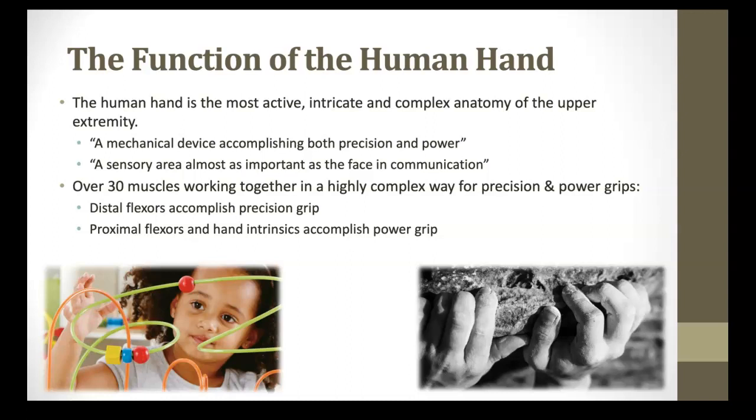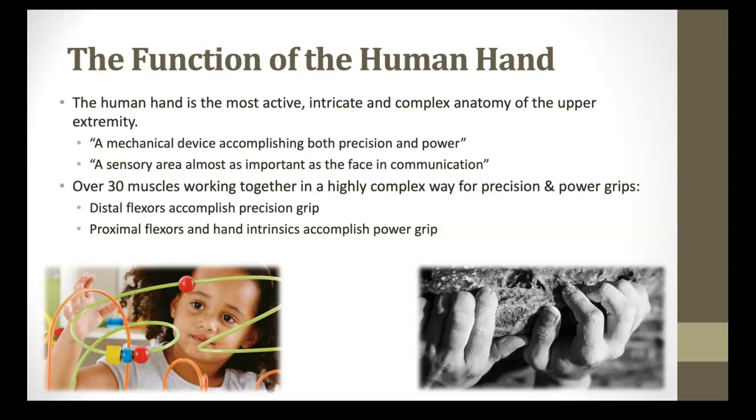But most importantly, what the hand is most often known for is accomplishing both precision and power, right? These really small, tiny muscles that make up the hand and the fingers are responsible for allowing us to be precise, like pointing at something directly or gripping something. So it allows us to do gross and fine motor movement skills. The hand has approximately 30 different muscles crossing it to move